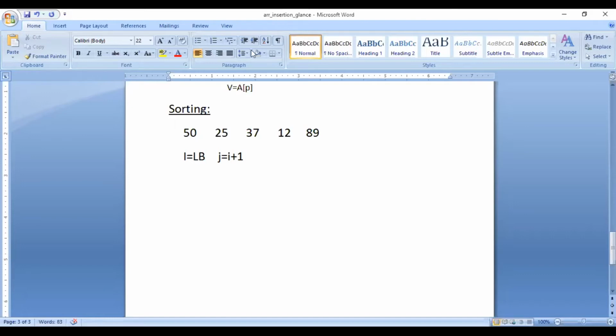Are these initializations clear to everyone? What are i and j in the sorting algorithm? i starts from the first element, so i equals lower bound because lower bound indicates the first element, and j is next to i. Next to i means the position is i plus 1. Is this clear to everyone? What are i and j?